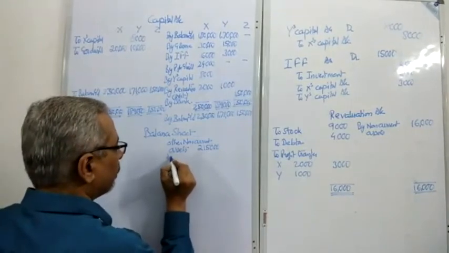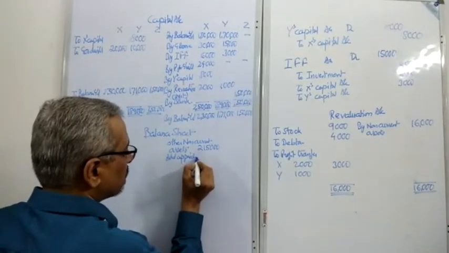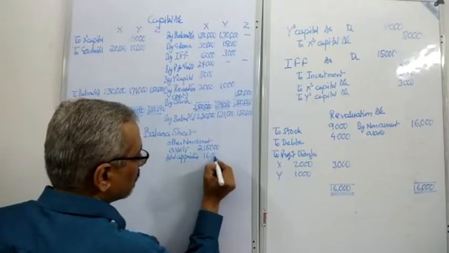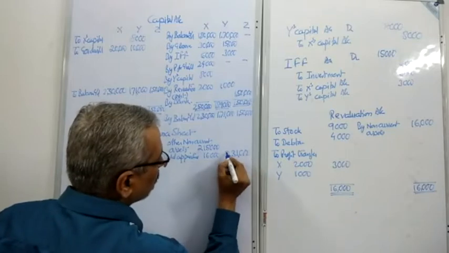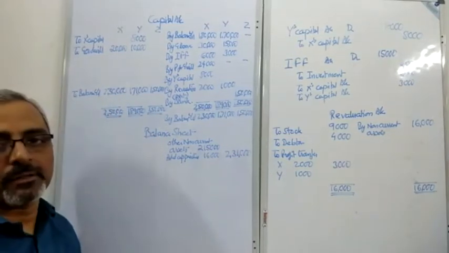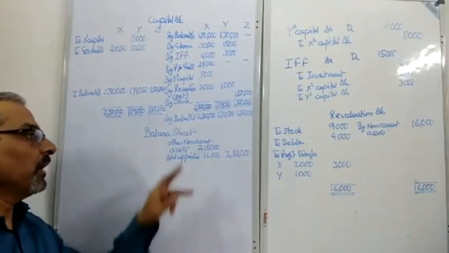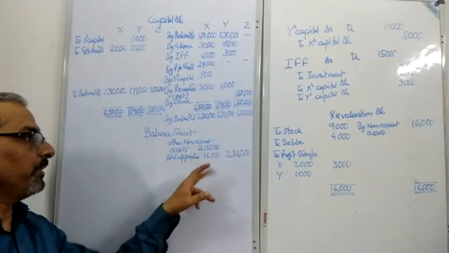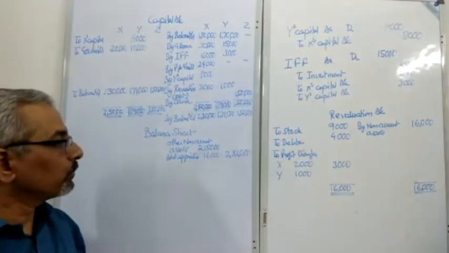So add appreciation, 16,000. Outer column 2,31,000. So this is the first treatment of the other non-current assets which we have. 2,15,000. There is the appreciation which has been shown in the credit side of the revaluation account, and therefore 2,31,000